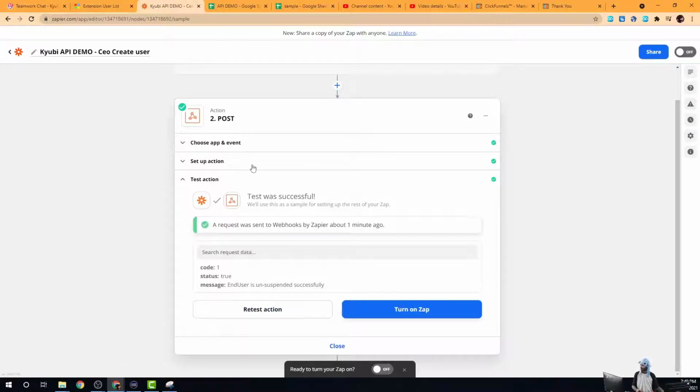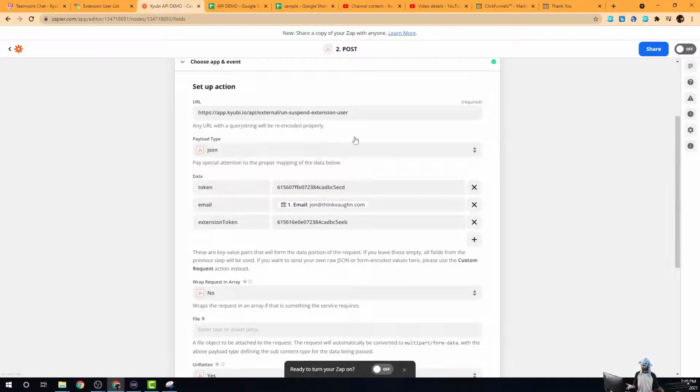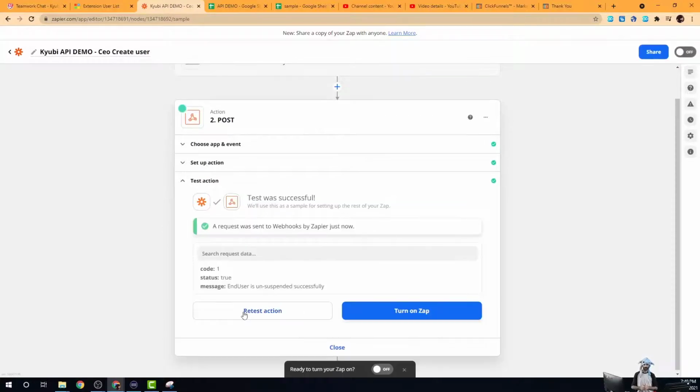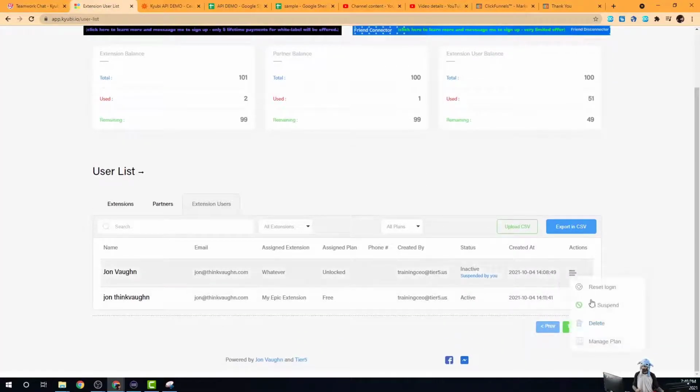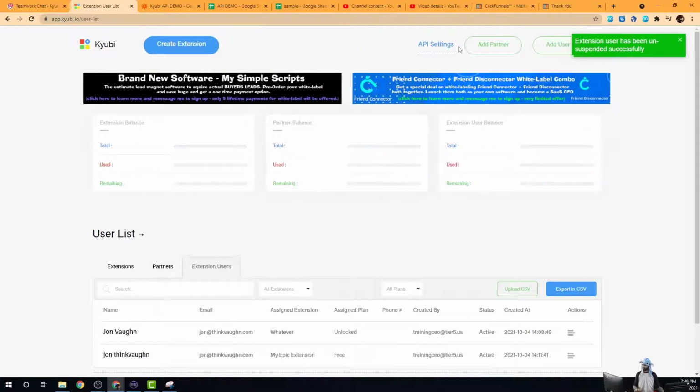All right. But what you should know is that if you use this API to unsuspend the user, then once you use this API, it will unsuspend your user. Your user will no longer be suspended anymore. They will be unsuspended. They will be active again. Okay? And then there's one more API I want to go over, and this API is going to be to